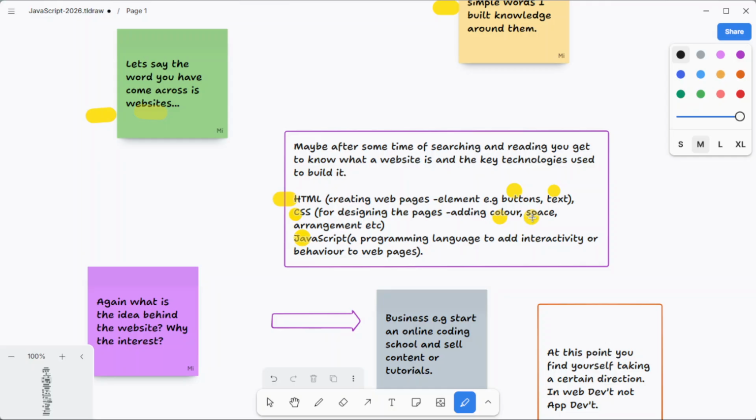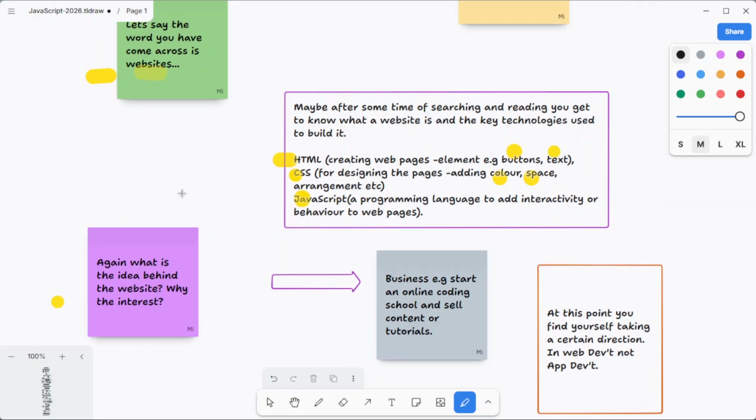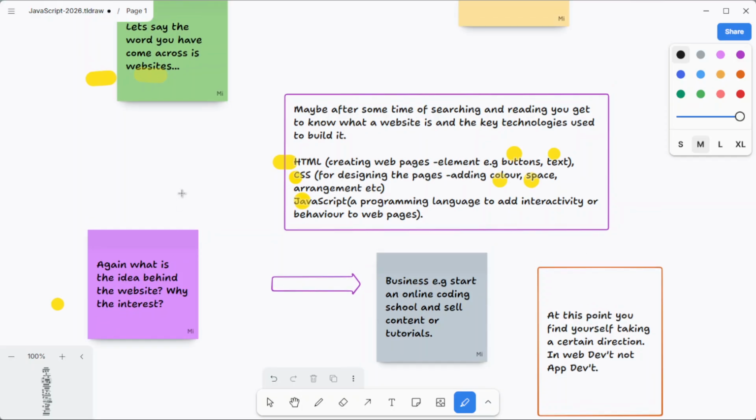So you start getting a glimpse of what a website is from the inside. Now we're on this purple note here. Again, what is the idea behind the website? Why the interest? The thing that brings you into programming is what will determine what kind of